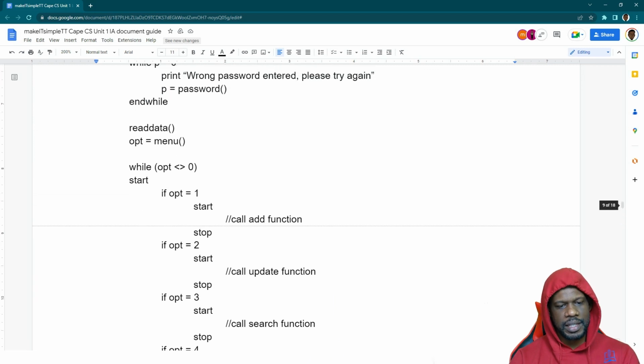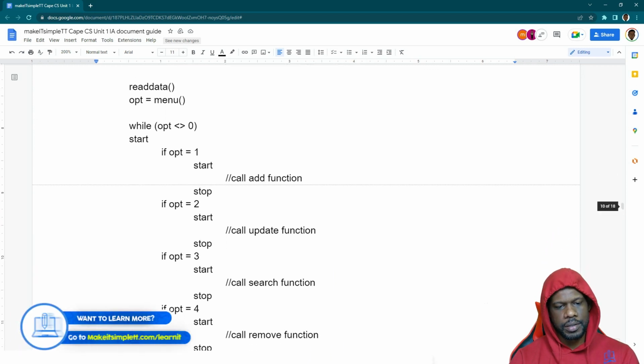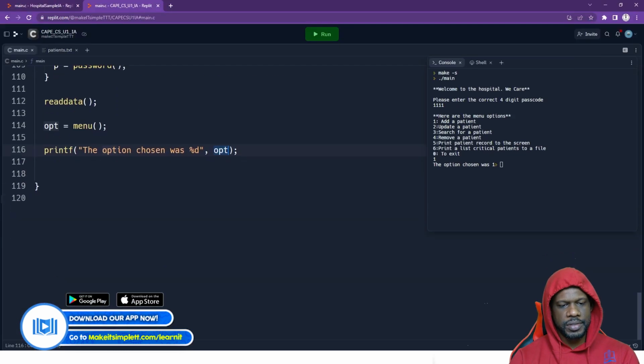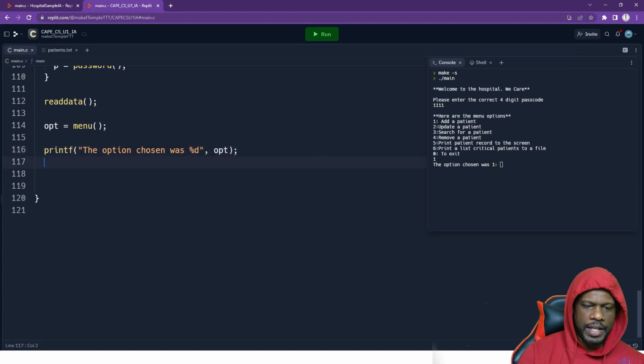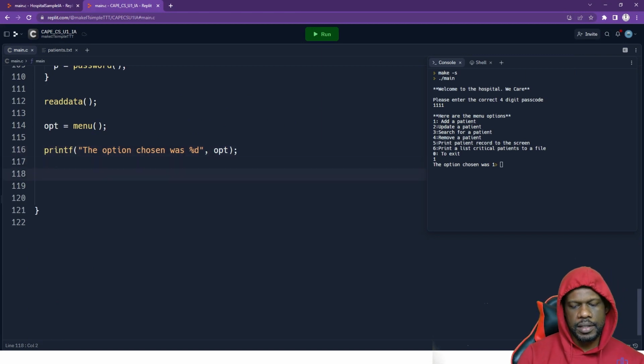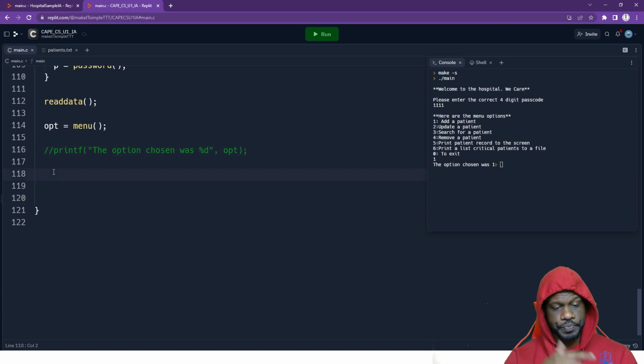Is there a way for me to game this system? Not really. Alright, I'll code it from scratch for y'all, because the copy and pasting didn't work out too well for me just now, so I'm going to just move on. Alright, so this option was chosen, I could comment that out because I know that that works. That was my test. So I want to say